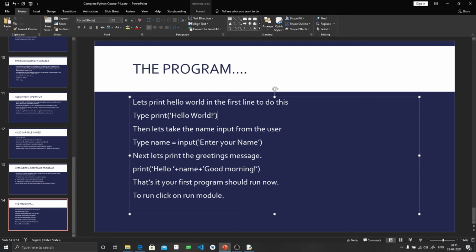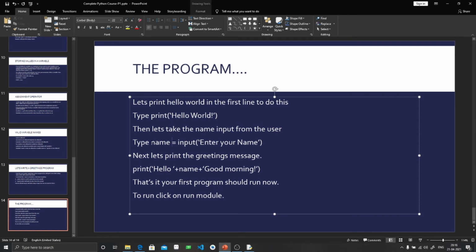Then we will take the name of the user as input, and the string that I have included inside the input parentheses will give a message to the user about what to enter. Otherwise the user will not understand what he or she should enter.